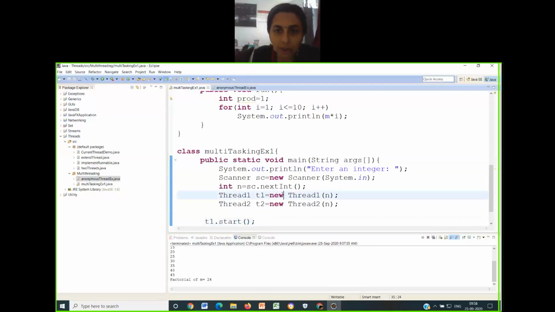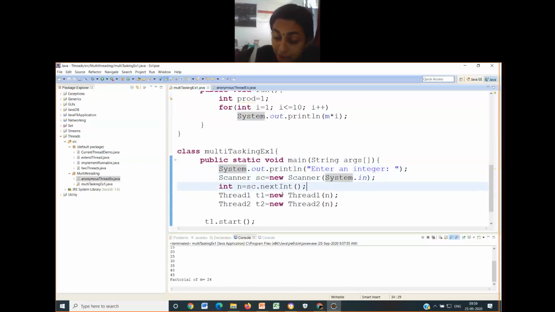Let me just share the screen. This is a simple program extending to the next level of application. Just have a look at what I have done. Please go through each and every line properly. In the main, I read the integer using scanner.